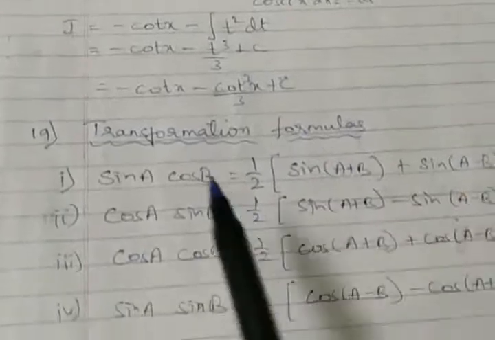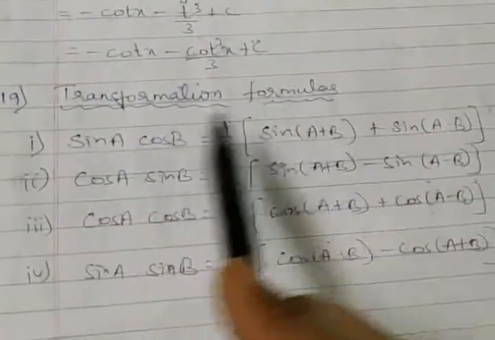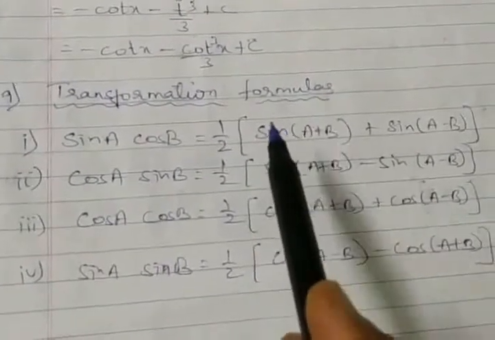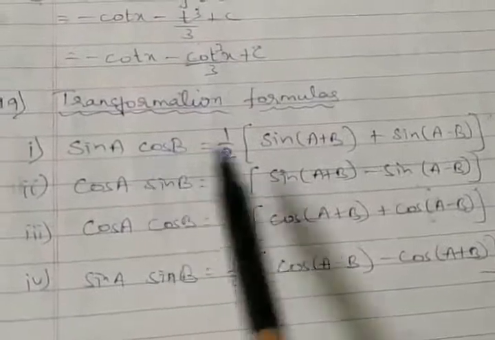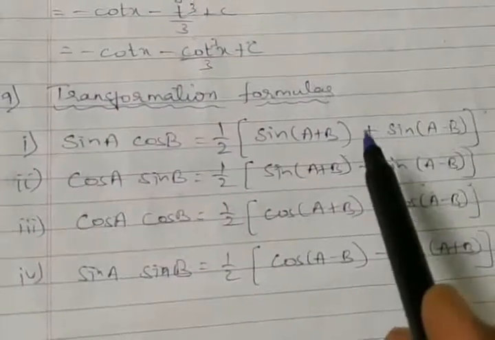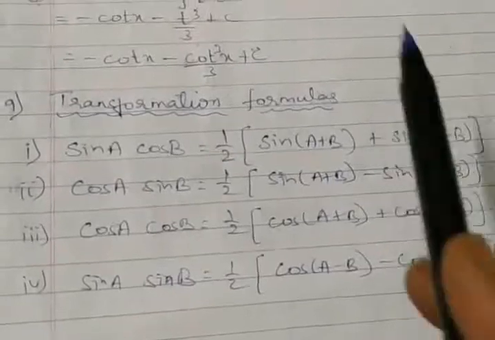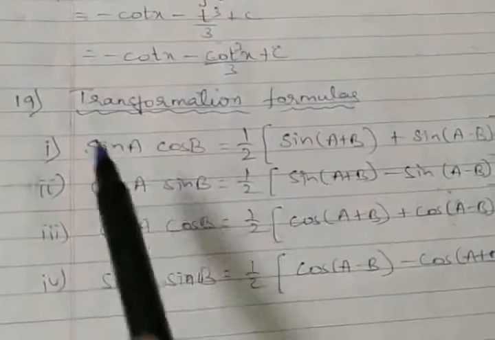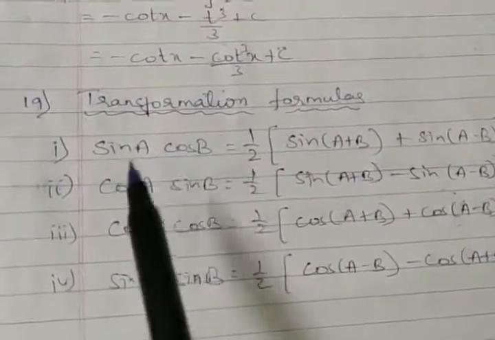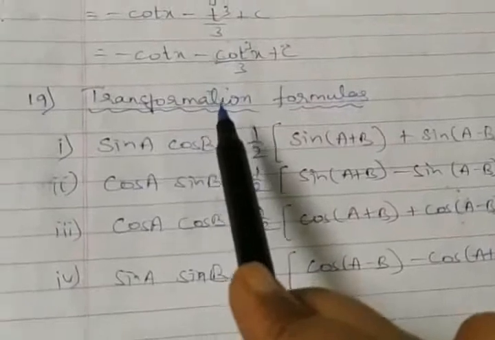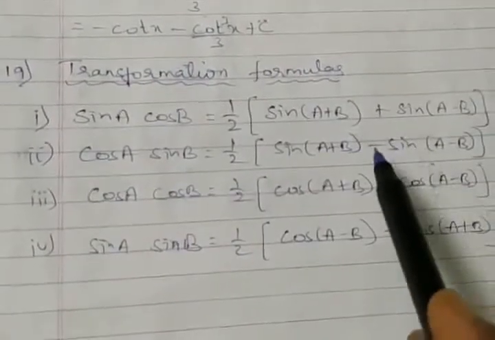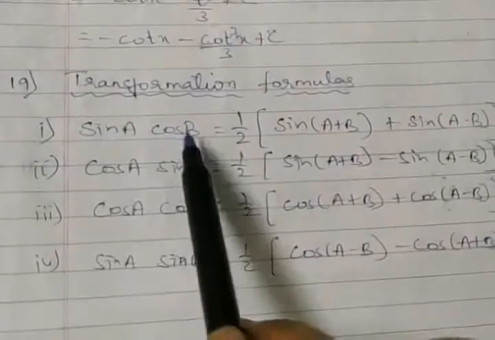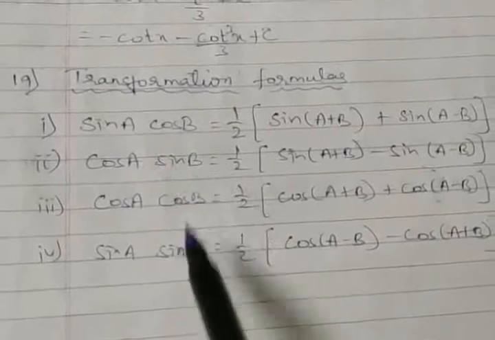Along with these results, even you need to remember transformation formulas. So which are the transformation formulas? Product to sum. Last year, in PUC first year, I used sum to product, sin C plus sin D. I hope you remember. So sum was not required, product was required. But here the product itself is the danger part for us. Integration of product we are not required right now. So let's use the transformation wherein product to sum or difference of the terms is considered. So first formula to be remembered, sin A cos B. Remember the formula. Only these 4 formulas of transformation will be used.